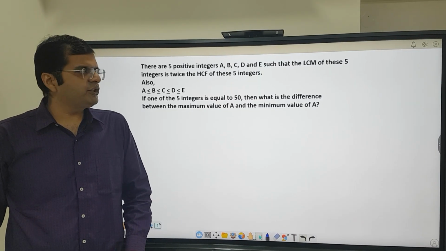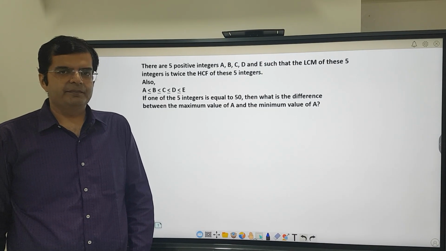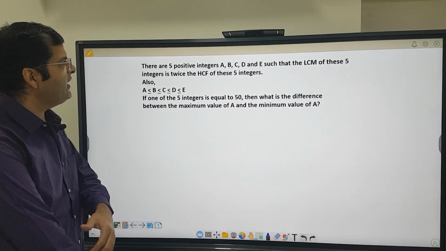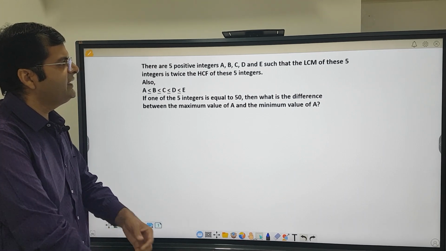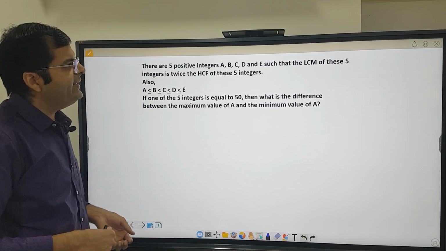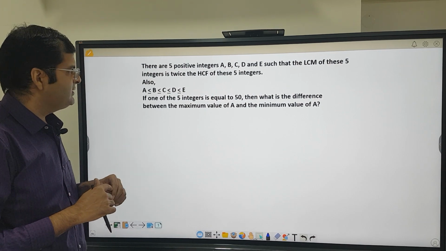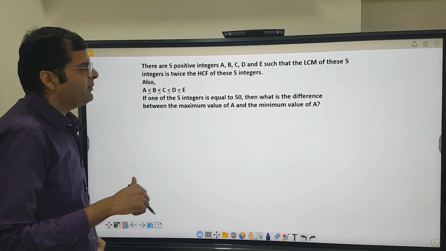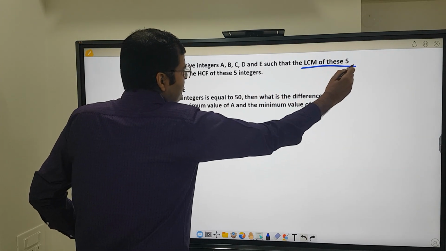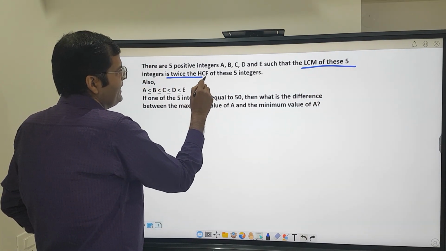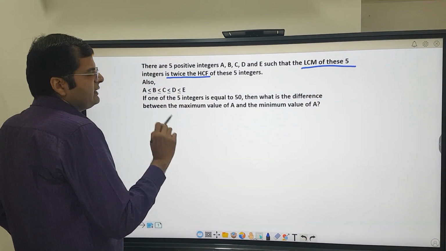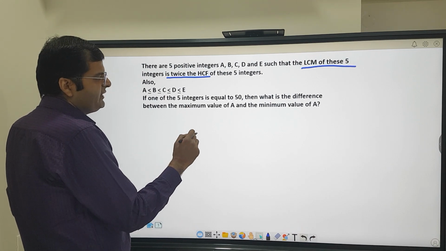So this is the fifth question of the HCF and LCM chapter. The question says there are 5 positive integers a, b, c, d and e such that the LCM of these 5 integers is twice the HCF of the 5 integers. So if I process this information, that the LCM is twice the HCF, that means in these 5 integers,